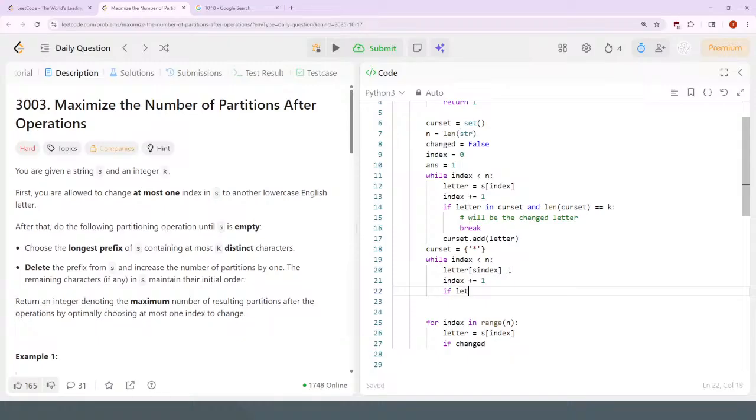If the letter is in current set, then I guess, let's see, if the length of the, no, I think it has to be letter